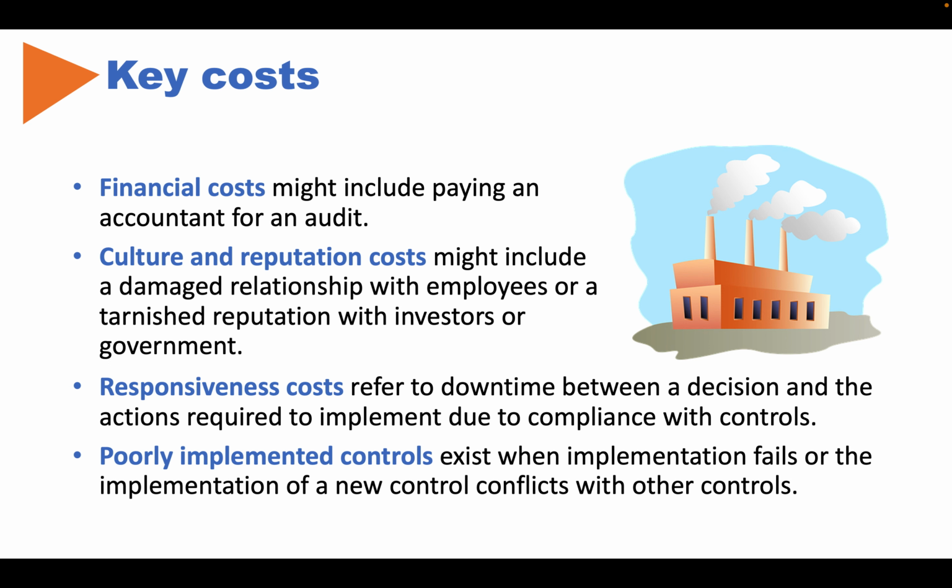Additionally, some controls might also interfere with other controls. Such an example would be when a new quality control system can improve product performance, but it might also delay product deliveries to customers. So as we've seen, there's always trade-offs, and so we have to think carefully about which measures we want to include for controls and how costly they will be and what consequences there might be from those controls.